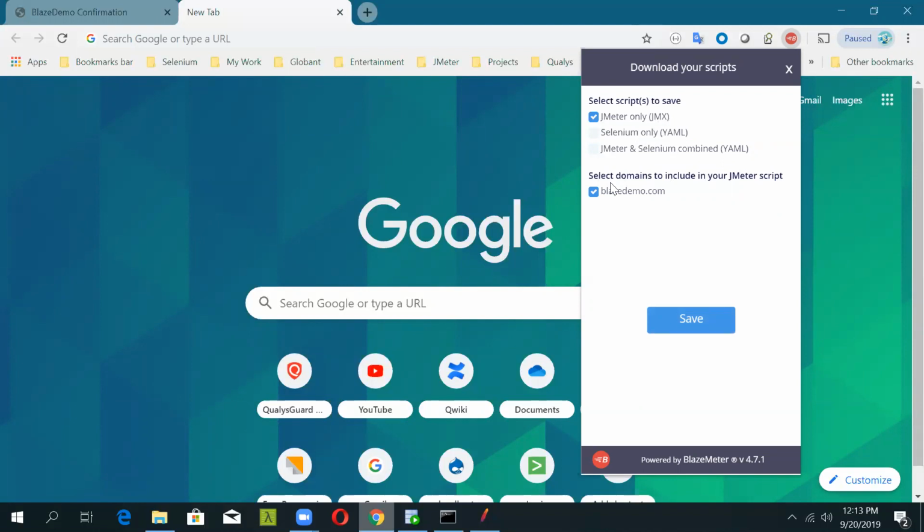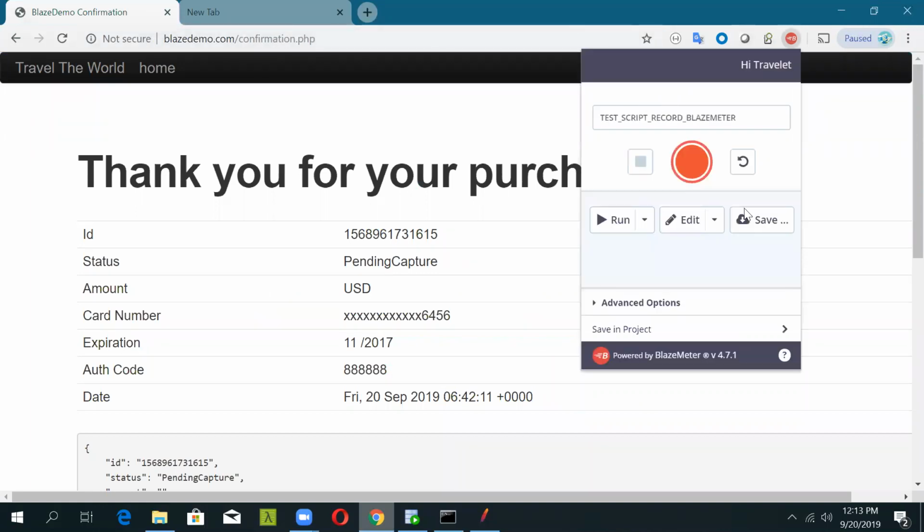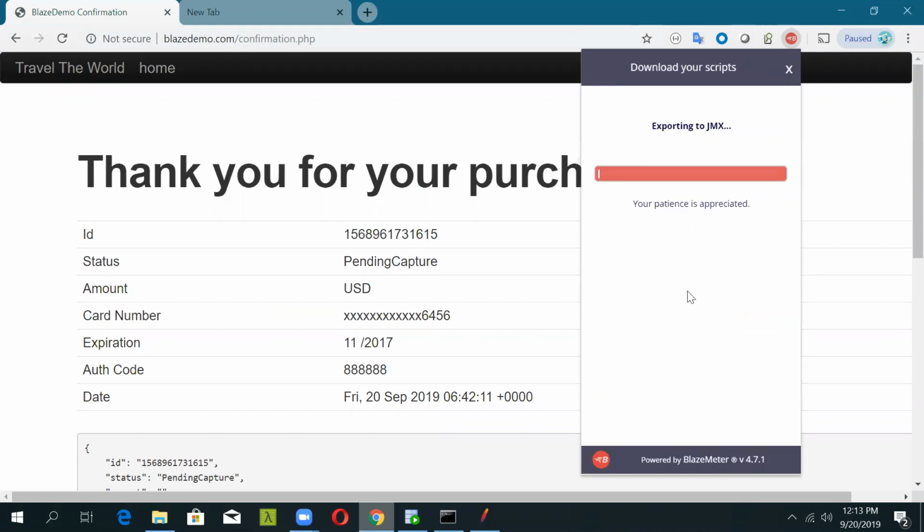So, and also it will ask you what domains to include in a JMeter script. The domain which we were doing a scenario is the Blaze demo, so we will be including only that one. Just click on JMeter and this one and click on save. As soon as you click on this, it will start exporting the JMX file, which you can use in